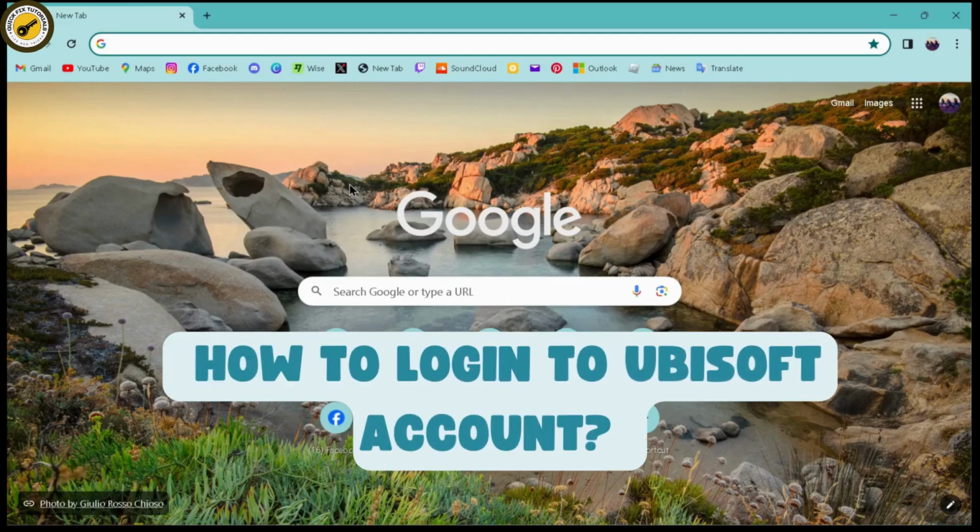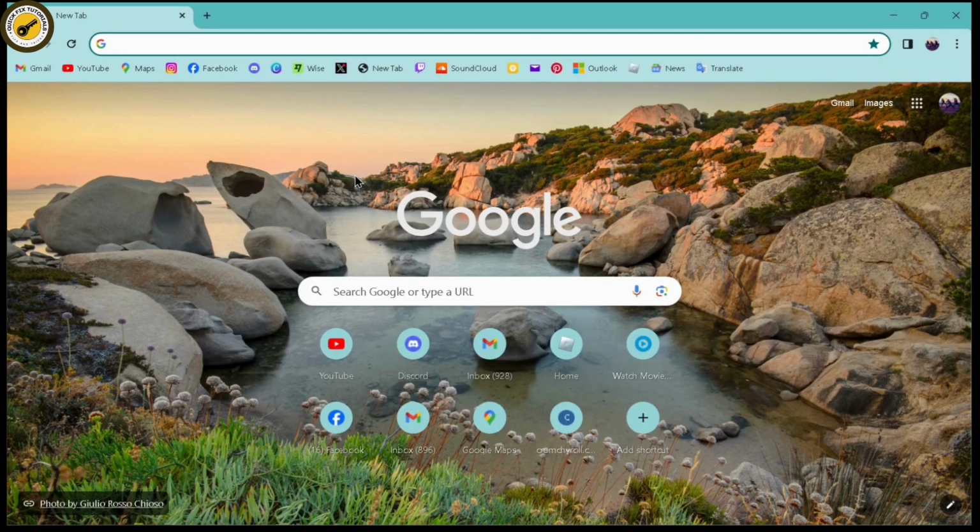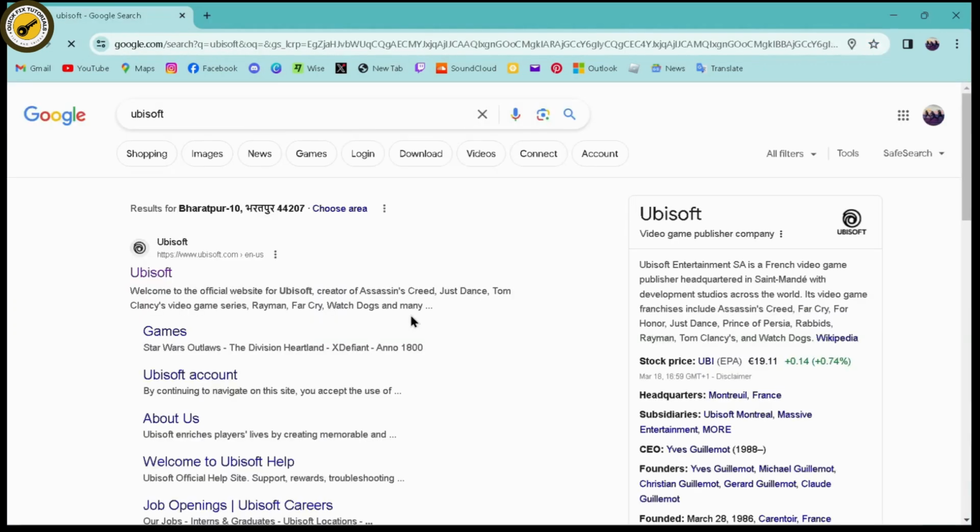How to log in to Ubisoft account. So if you want to log into Ubisoft account, then first you need to open up a browser, any browser that you're comfortable with. And I'm here with Chrome browser. Simply go for the search and search for Ubisoft. Go for the first search, which is